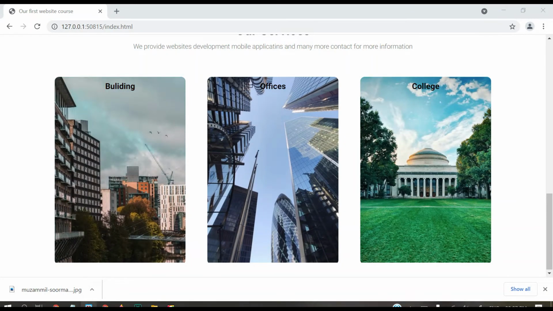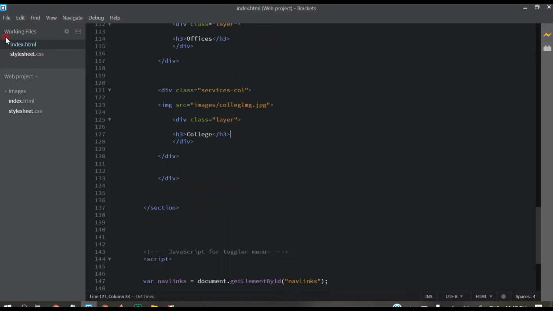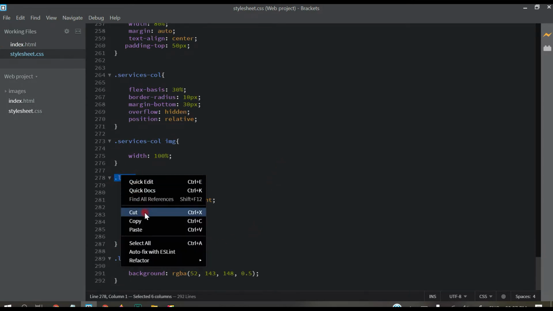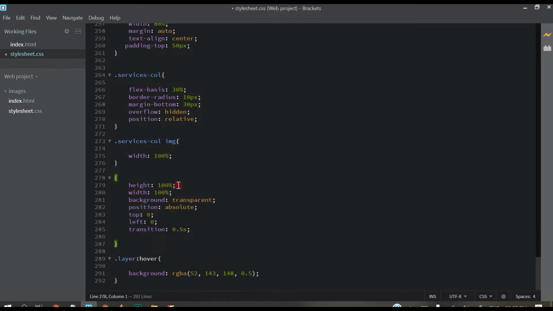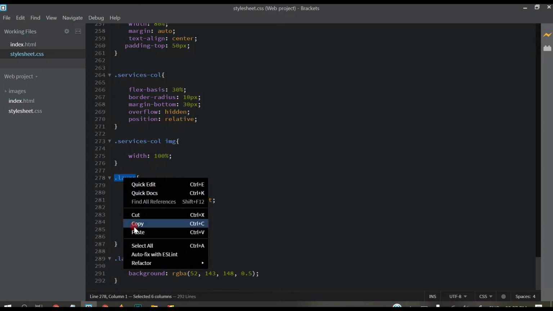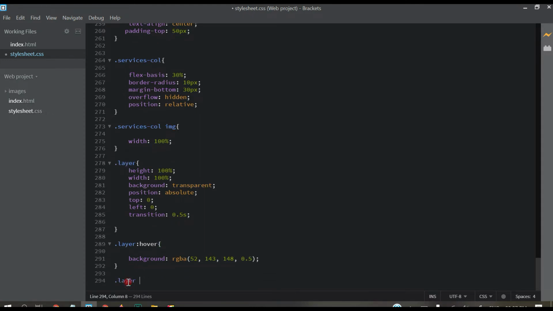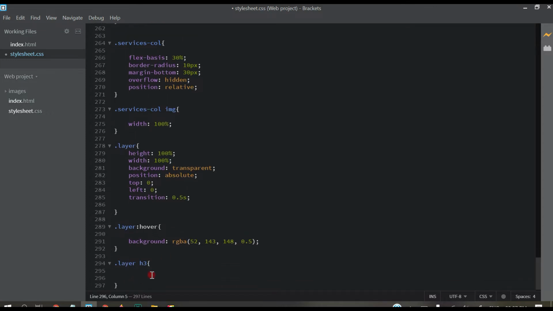For that, come to CSS, and here copy this layer, come down, paste it here and write h3, open bracket.